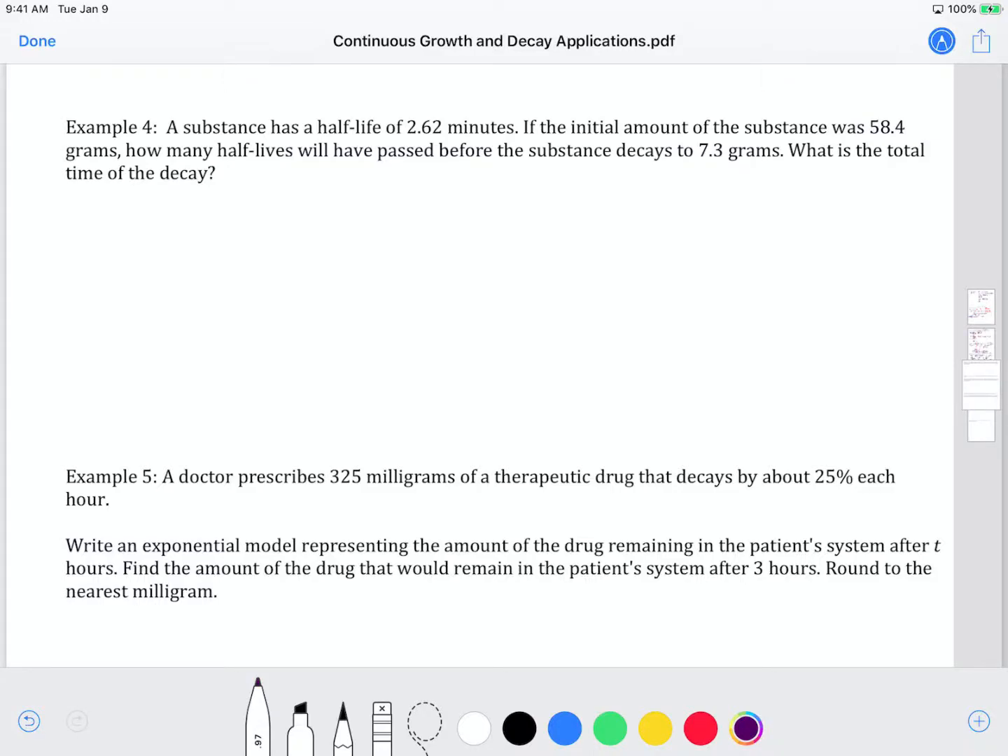In example 4, we're going to start getting into half-life. And half-life is the amount it takes for something to decay to half of what it was starting with. So when we're talking about half-life, we're talking about a decay model. And the half-life is the amount of time it takes to go from whatever its initial amount is to half